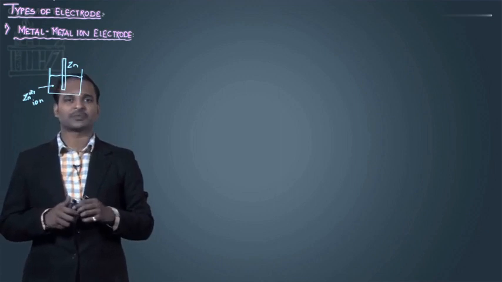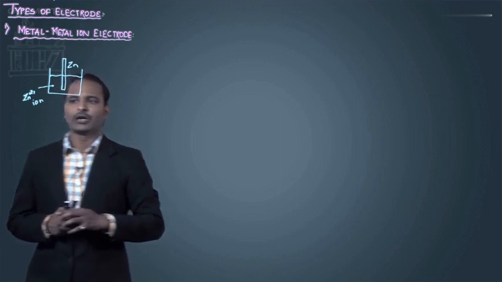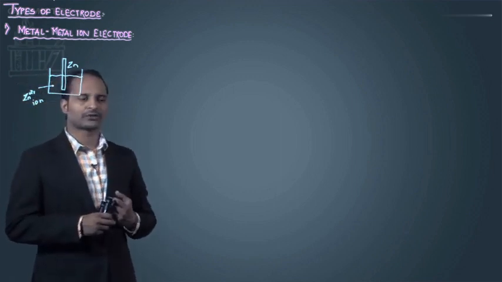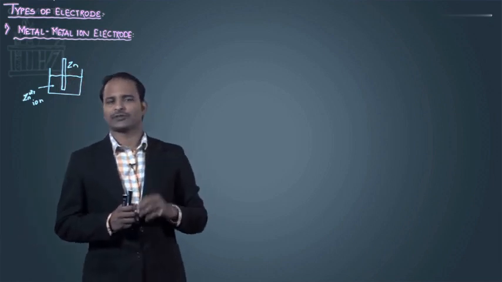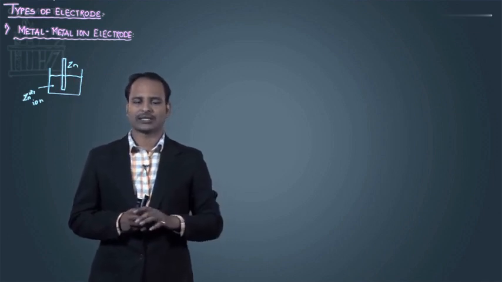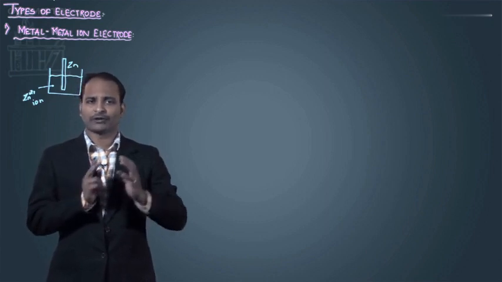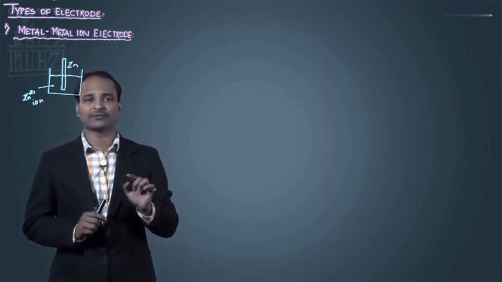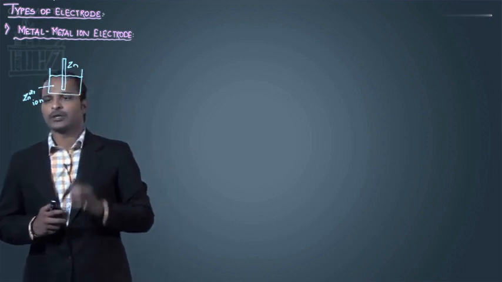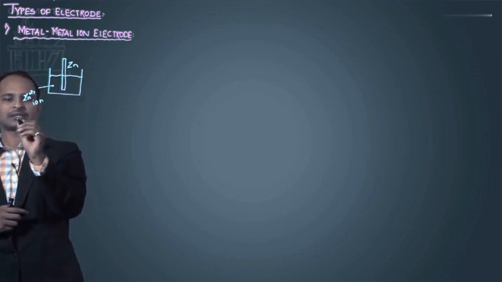So the metal electrode is placed in a solution containing the same metal ion of which the electrode is made up. How is it represented? Generally for the representation of a single electrode, we can write ions first and then the electrode, or the electrode first and ions later. But here we are going to follow a single rule. For writing a single electrode, we will write ions first and then the electrode. I am talking about writing a single electrode. So here this full half cell will be represented as